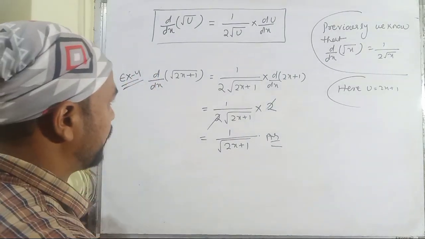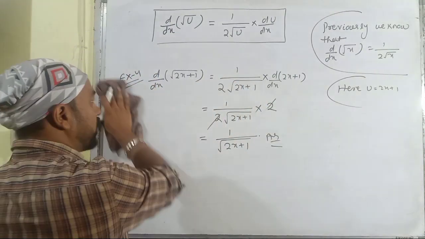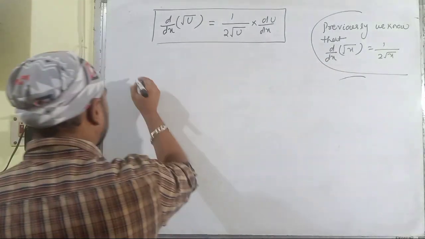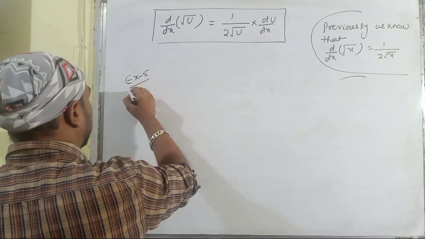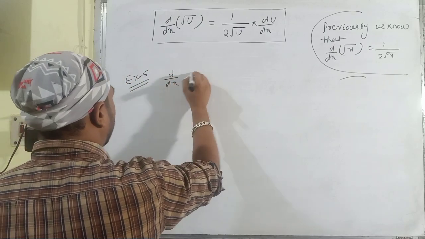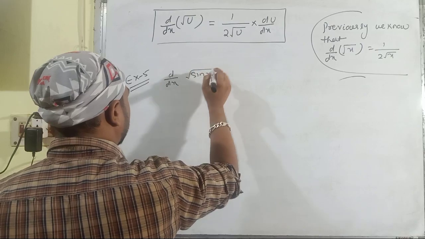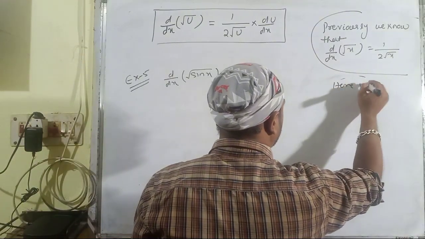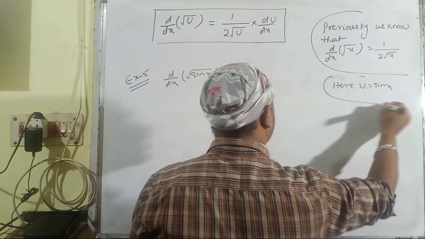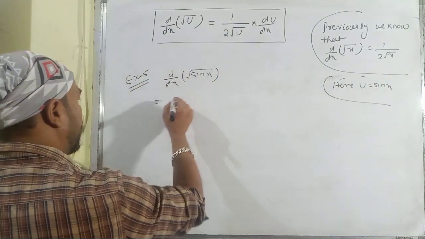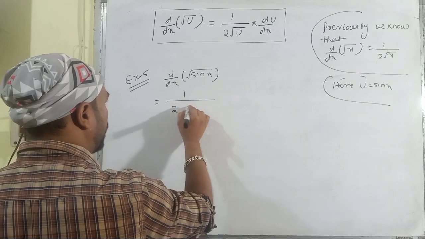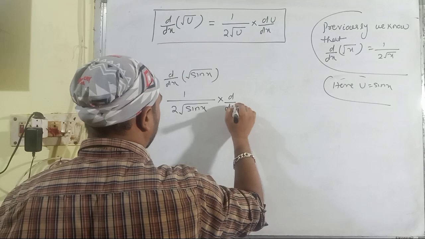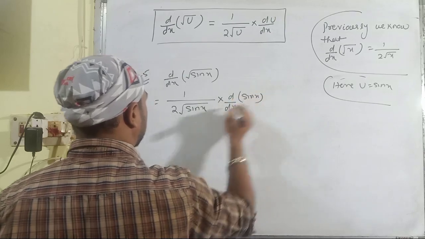Then moving to the example number 5, which is again based upon this formula. Differentiation of square root of sin x. Here u is equal to sin x because this function is in terms of x. So again, according to this formula, 1 upon 2 multiplied with the square root of sin x multiplied with the